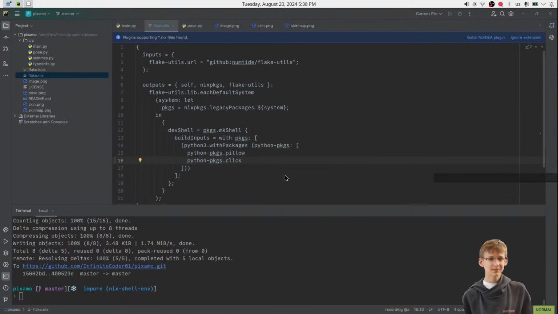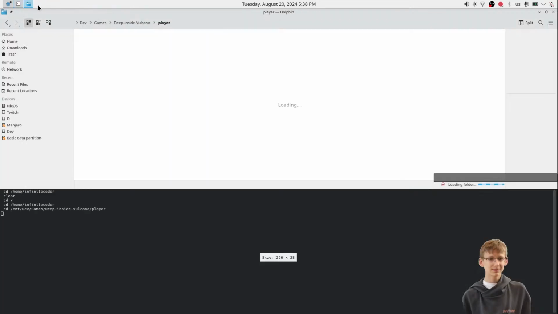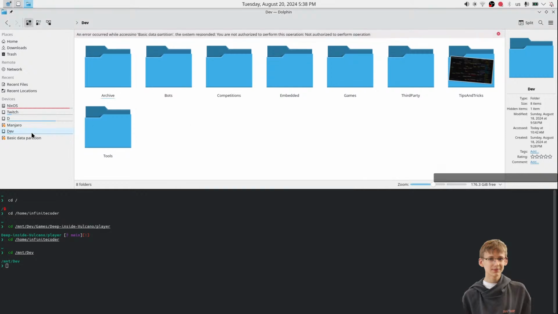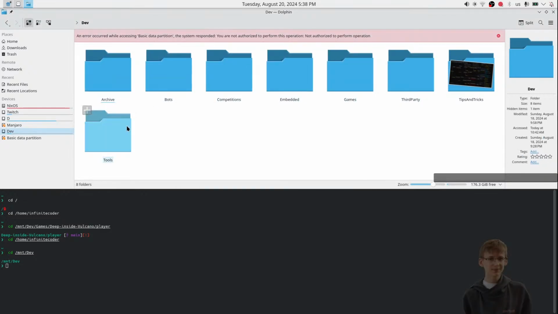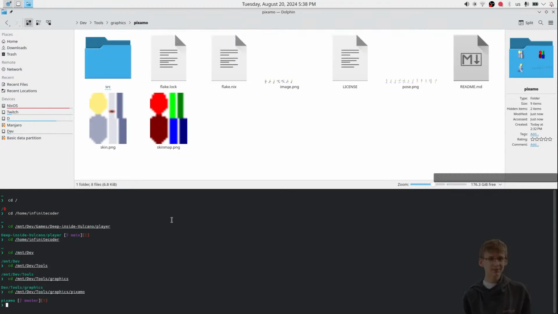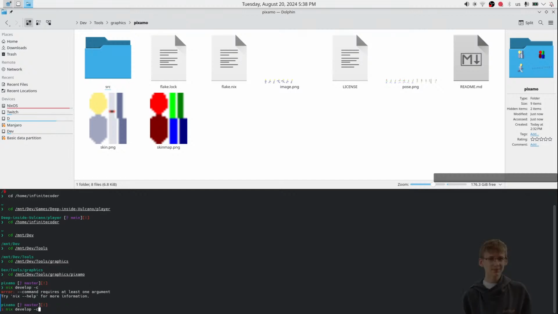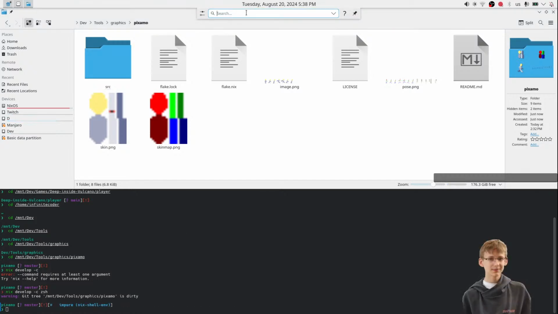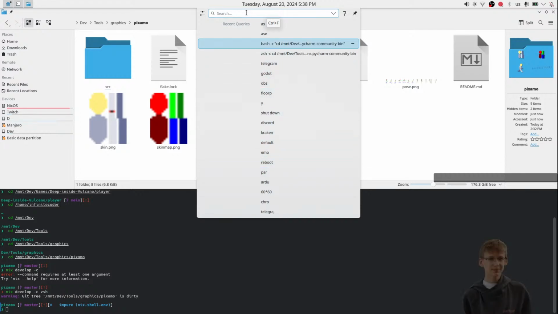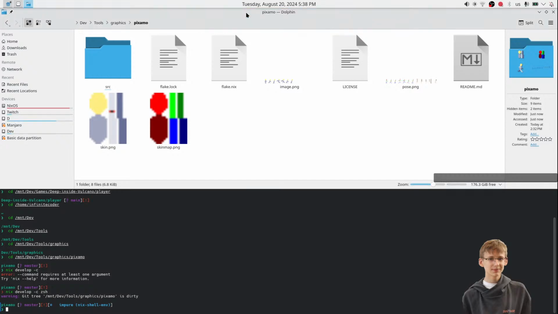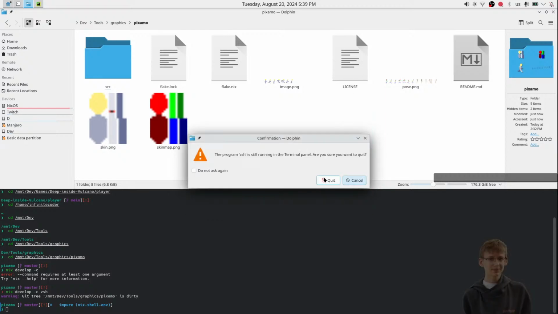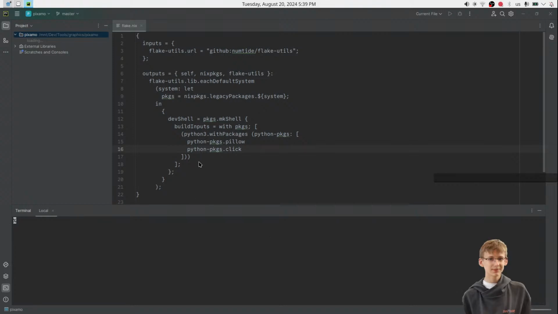Let's actually now exit the IDEA. Open the directory. Tools, graphics, pixamon. Okay, so here to mix the envelope, just to make it build the derivation so it's faster, and then we're gonna run this command. Yes. Okay. So this should be relatively quick. I don't want to run this in terminal, so I don't have a terminal somewhere. Okay, now we should have access to click this time. CCH is still running. Quit. I don't care. Okay, so now we should have click